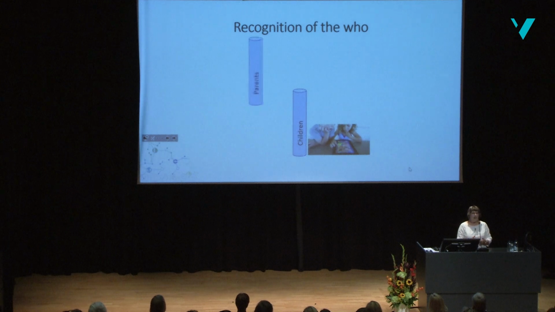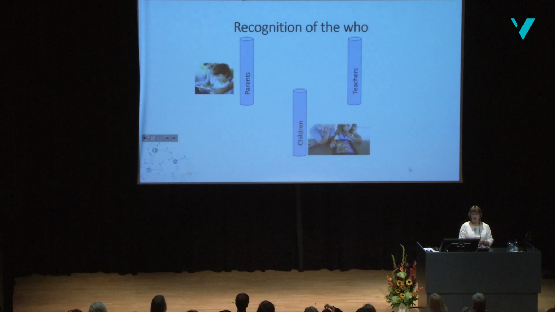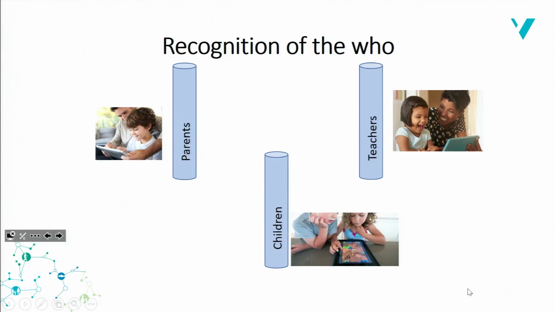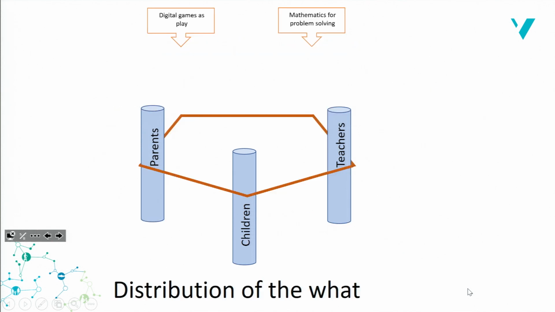So, in regarding who we wanted to involve in our project, we needed to think about a combination of children, of parents, and of teachers working together. So those are the 3 pillars of the research work that we want to do. We are not going to develop these apps by ourselves. We are not going to be deciding on what it should be in the apps or how the children should actually respond to them. We need to engage all 3 groups consistently throughout that. And that's quite a challenge, and it was quite reflective when we had a look at this.